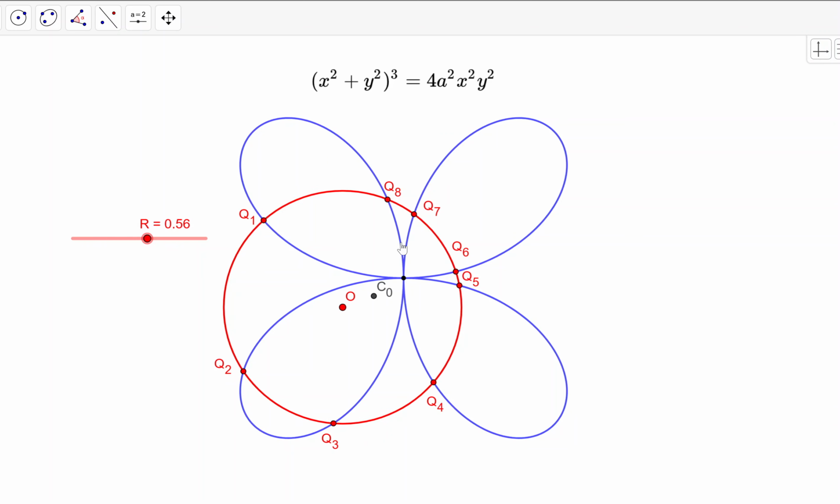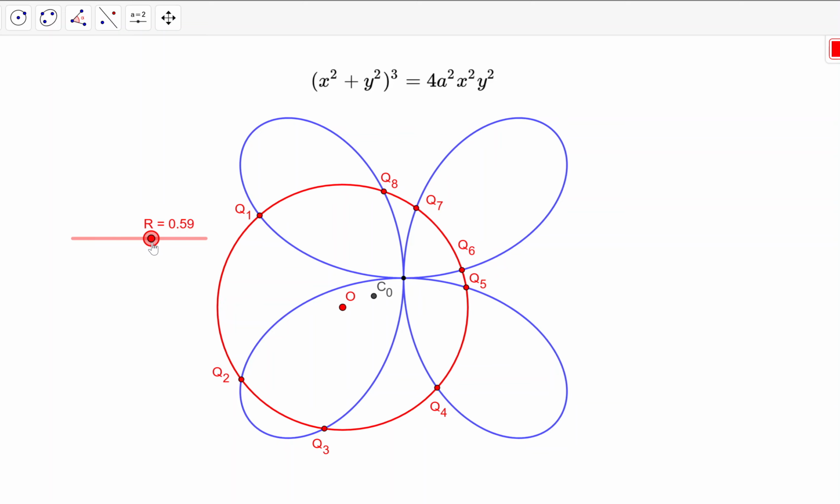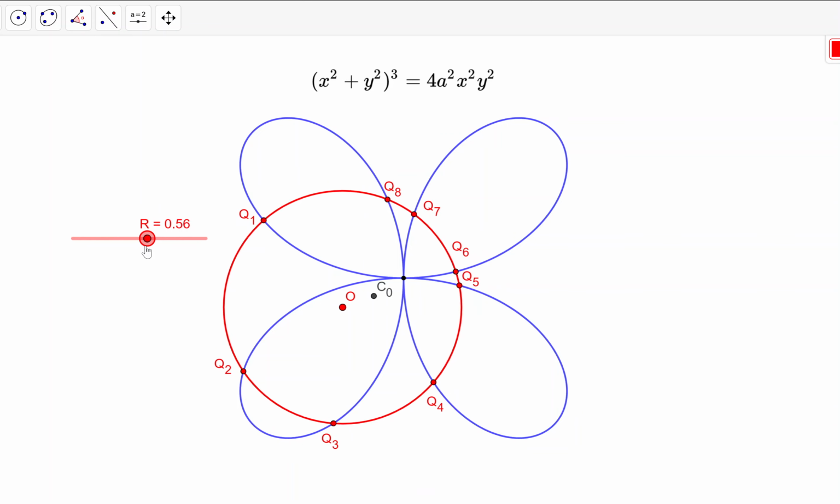But in the particular case that I'm showing here, I can only see 8 intersections marked Q1 all the way through Q8. Okay. Now, one interesting remark is that the centroid, meaning the average of all the intersections of the circle with this generic plane curve, that centroid, which I'm marking here at C0, is independent of the radius of the circle. So I thought this was a pretty cool phenomenon, and you can replace this plane curve by any